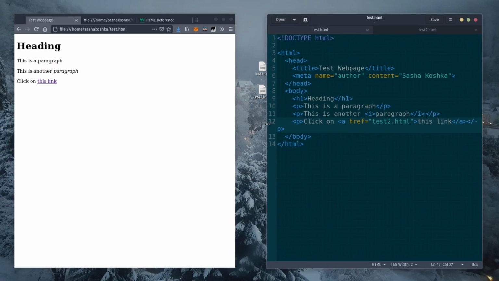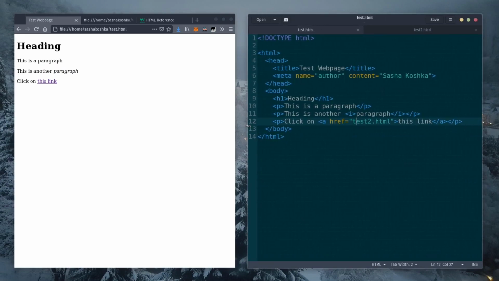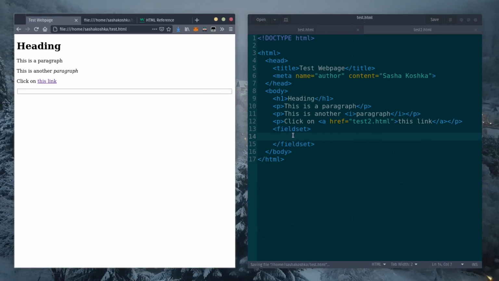I'm trying to think of what other cool little tags there are. Fieldset is really cool. I didn't know this existed a while ago, and now that I do know, it's really cool. So let's do this, fieldset. So fieldset is a little box, kind of. And you can do this cool thing with it where